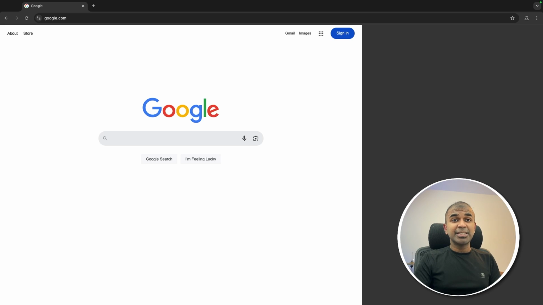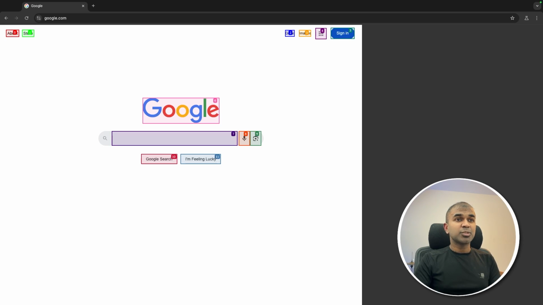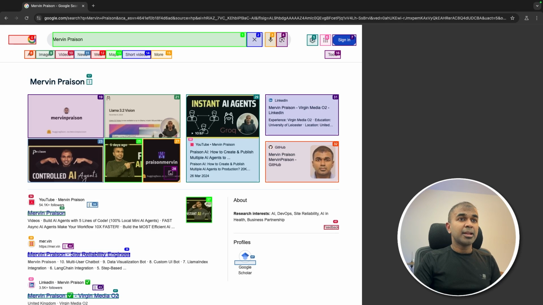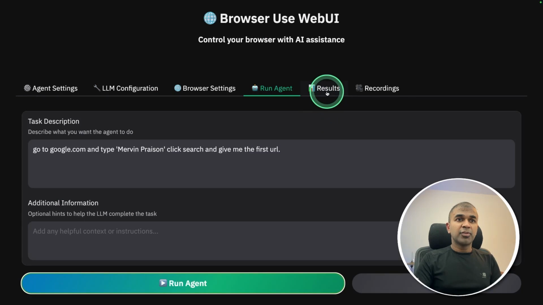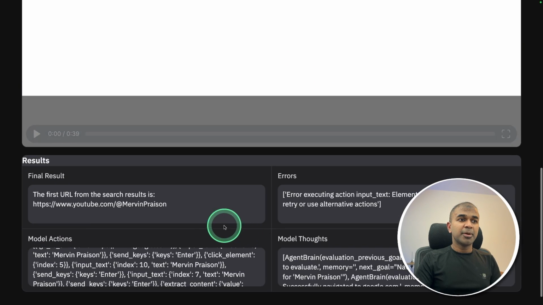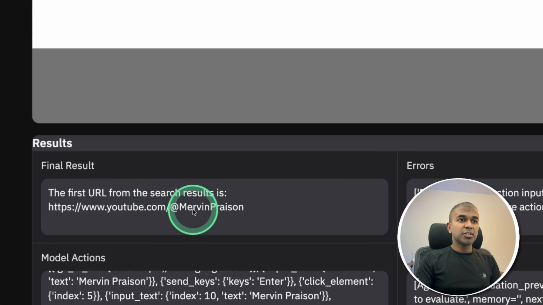It's able to detect the elements of the web page. That's why you can see borders around each and every element in a web page. And now it searched for me, got all relevant information about me. And finally, in the results tab, you will have my answer. So the first URL from the search result is